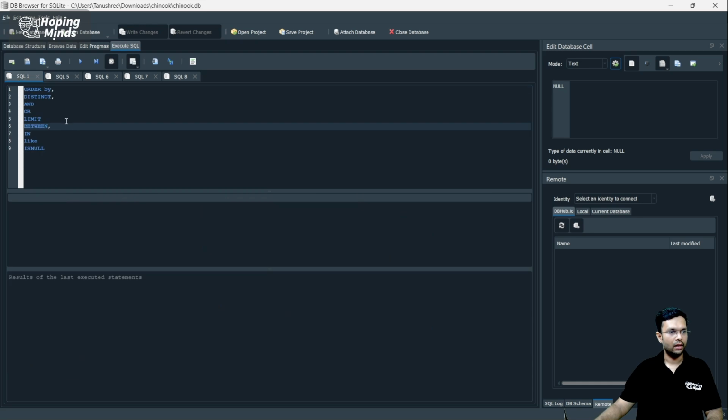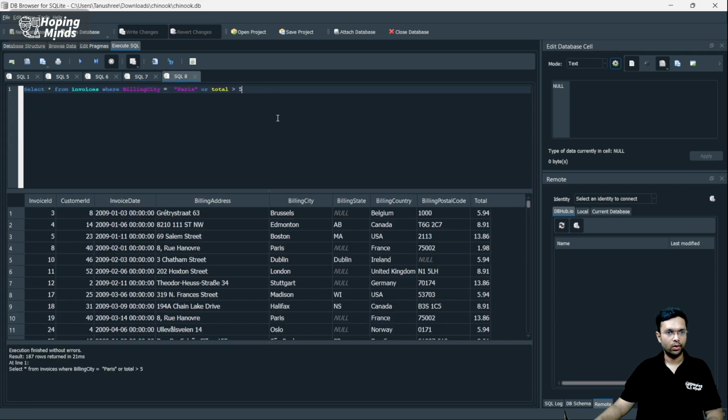Next in the list I have is limit. Now, when I ran this query along with OR, what did you notice? It's returning close to 187 rows. Let's see, I want it to limit to 100. Now when I run, did you notice now the result shows that 100 rows got returned? Hence, limit kind of puts a limit to the returning parameter, and in that case we will be having that designated limits only. For example, if I would put select star from employees